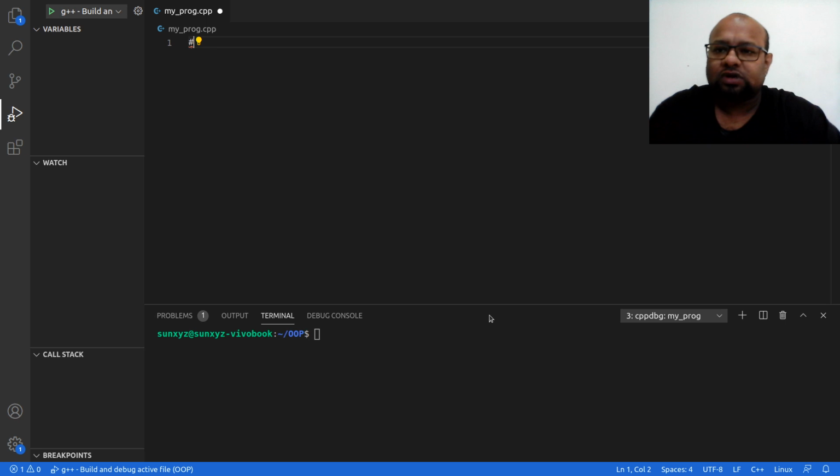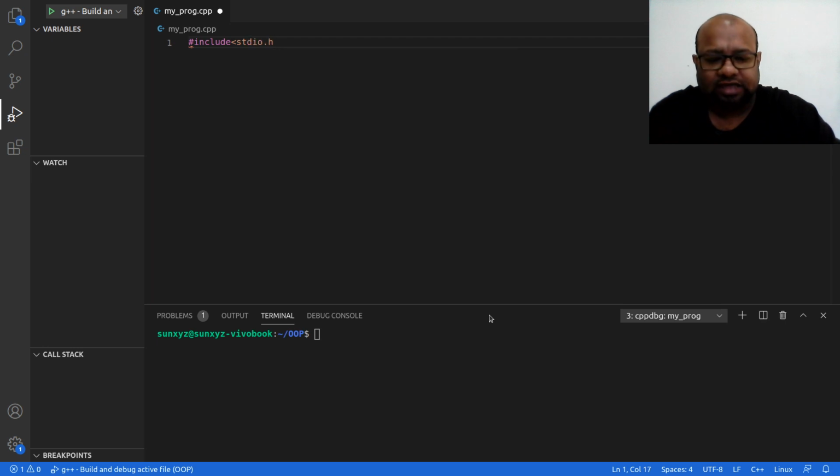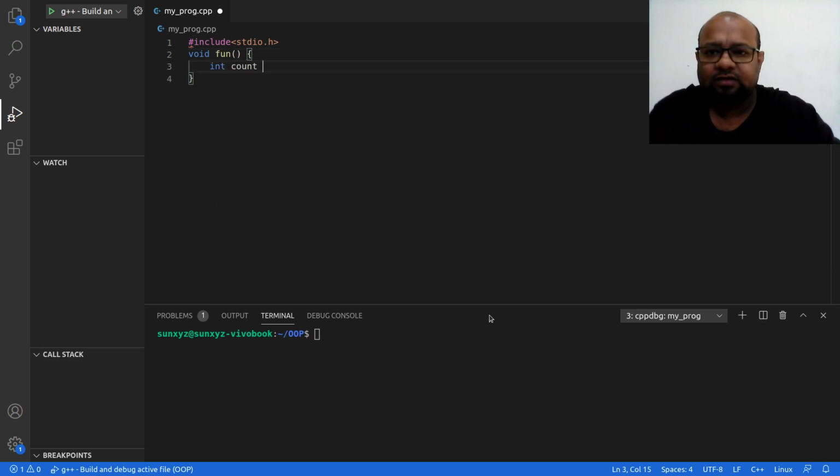I am going to start by writing a C program. Being a C program, I am going to include stdio. Then I have a function called fun, and in this function I am going to create a variable called count and initialize it to 0.